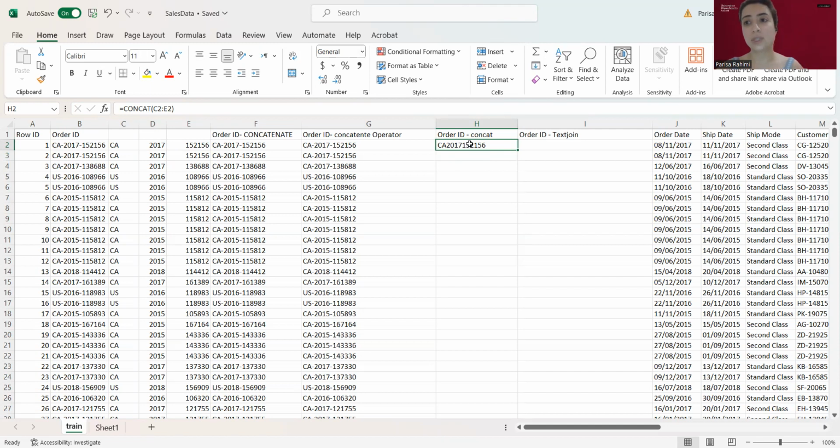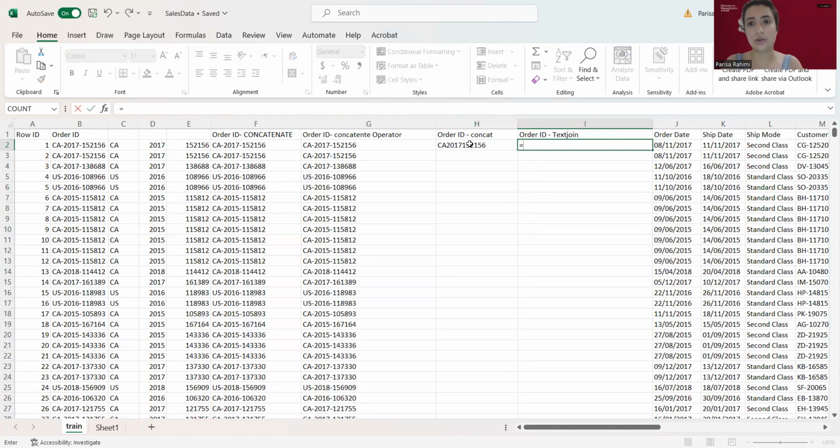I do not have the delimiter here. So what is the solution? There is another function that can help me for this purpose, which is TEXTJOIN. I type equal and type TEXTJOIN here. When I push the tab button, I can fill in the TEXTJOIN function. The first thing I need to provide is a delimiter. My delimiter is a dash here,